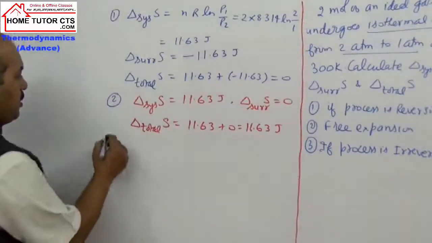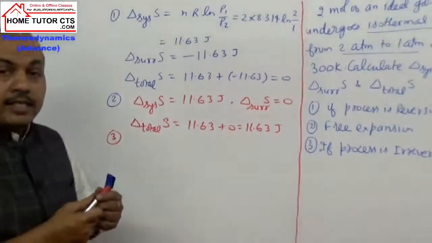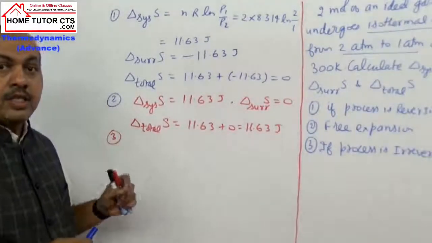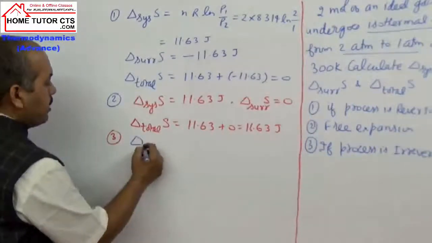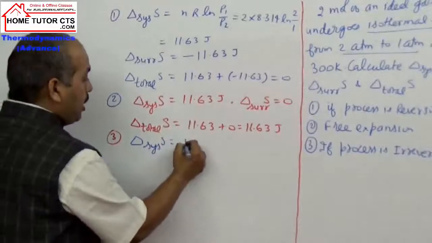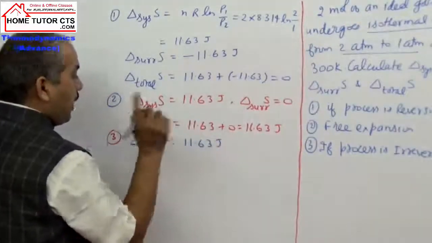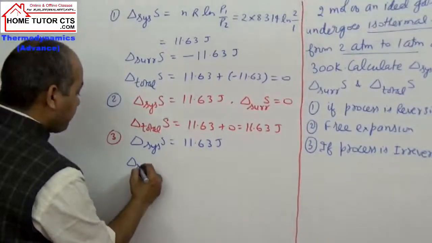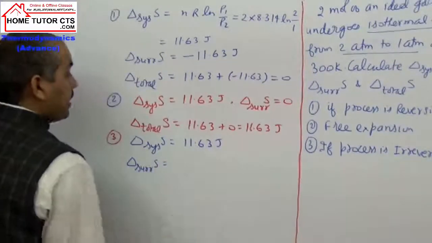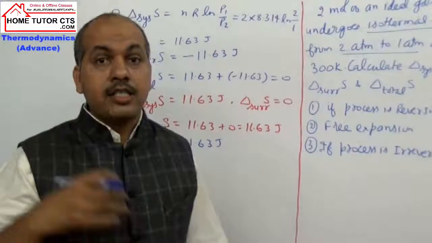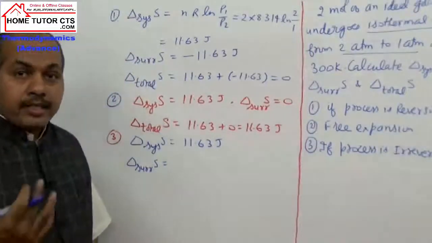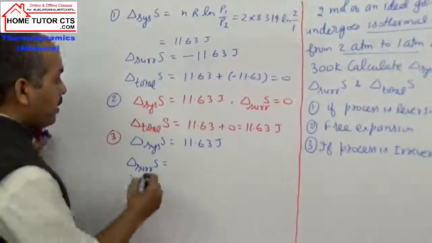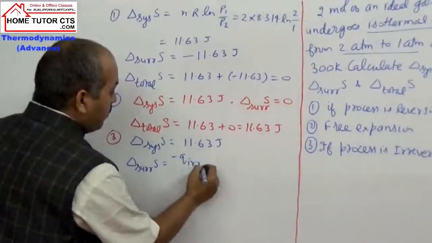Now coming on third bit. In third part, delta S system again is same. Again remember delta S क्या है? Same, because entropy is state function for that reason. So what is delta S system in third bit? Same 11.63 joules. And what is delta S surroundings? For calculation of delta S surrounding, I can write here. देखिए इसमें क्या है? In expansion, system will do work. तो in doing work by system, energy will be absorbed from surroundings. तो surrounding lose energy. तो I can write here minus Q irreversible by temperature.